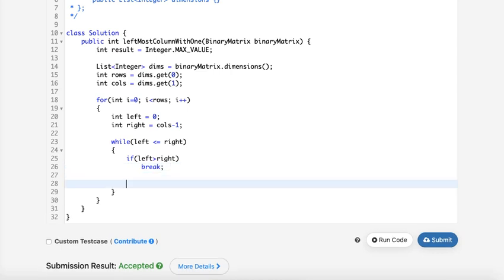Now we'll calculate mid. I'll not do left plus right by 2, because left plus right might cause overflows. So I'll do left plus right minus left by 2.